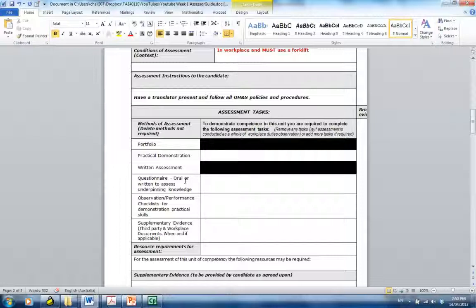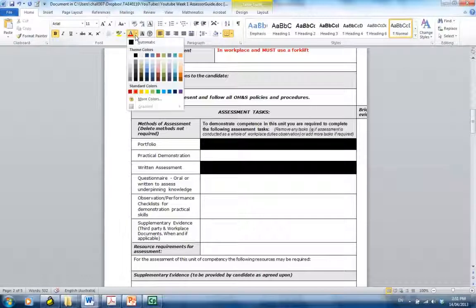The practical demonstration and the observation checklist is an extremely strong way of checking his skills and his attitudes. Obviously here we've got a big issue with attitude towards safety, so we're observing that he's following the safety rules here. So we won't take third-party evidence in this case. We've certainly got adequate evidence now.